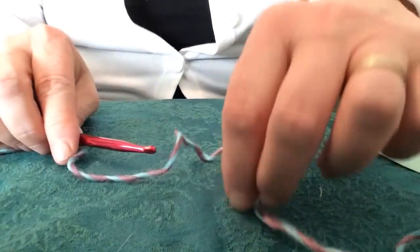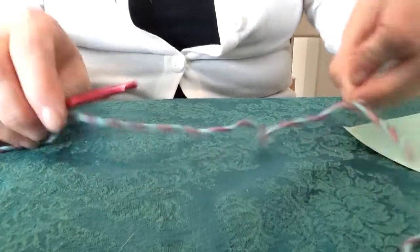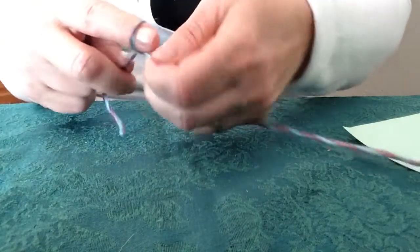I'm going to move the screen down now so that you can see my hands. The pattern does call for an N hook, but I'm going to be using this J hook. All right, the first thing you need to do